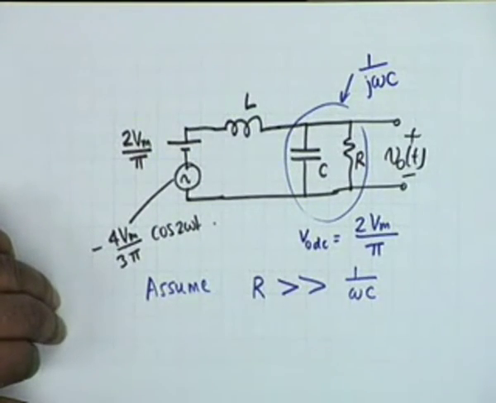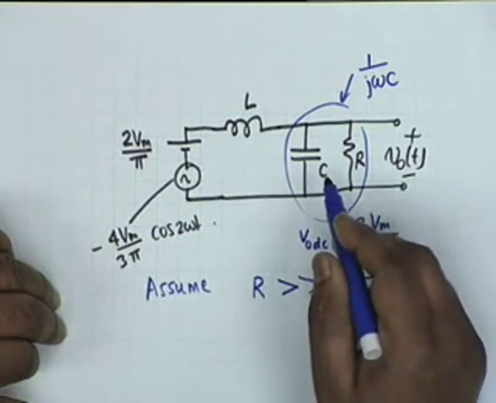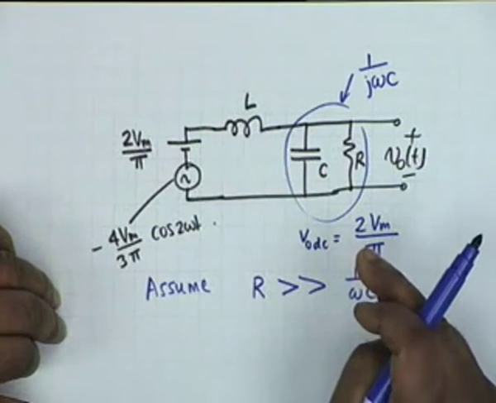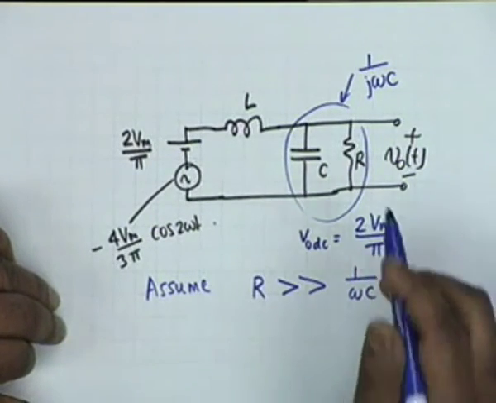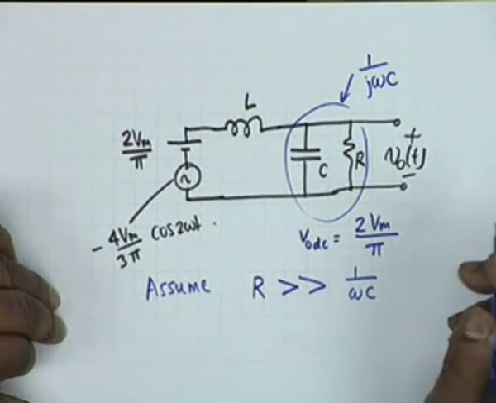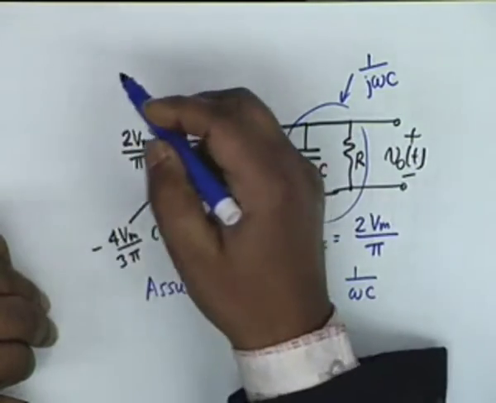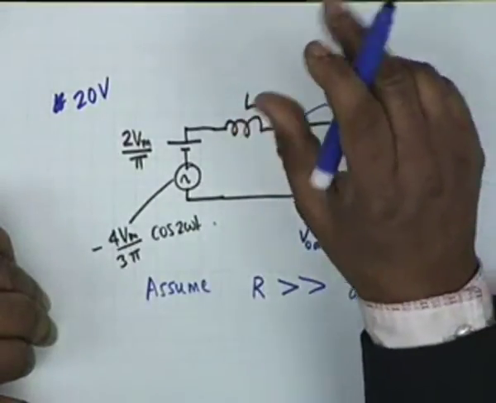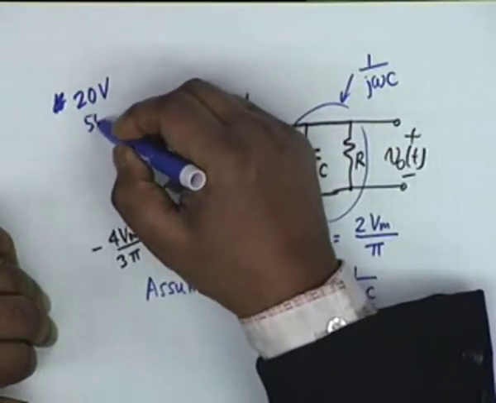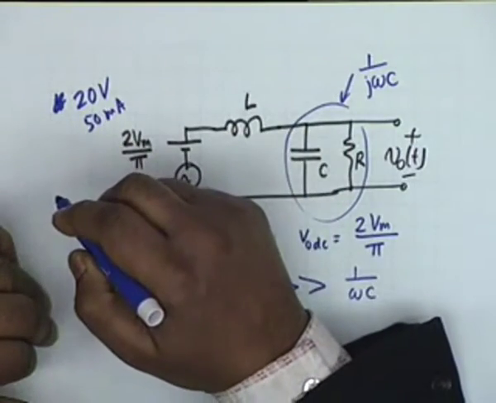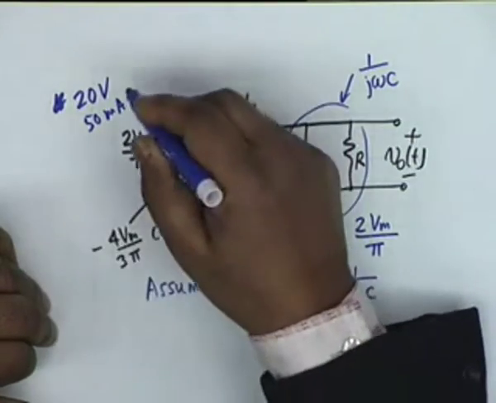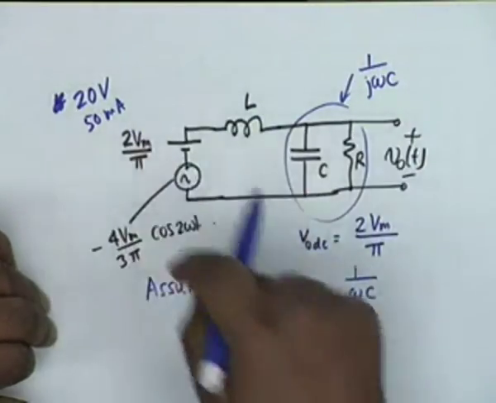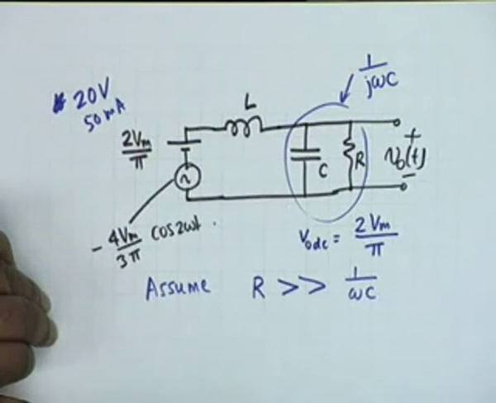Alright. Also assume, this is true in practice, you have to choose your C such that its impedance is at least 10 times less than capital R. Capital R, if it is, let us say, 400 ohms, how do you determine this? Suppose we want 20 volt output and the output should be 50 milliampere, then you know what your load is. You want 20 volt across a load in which 50 milliampere passes, obviously the resistance must be 400 ohms.